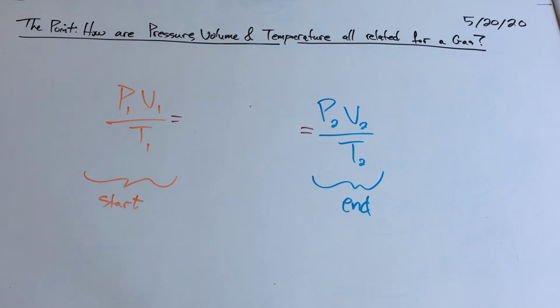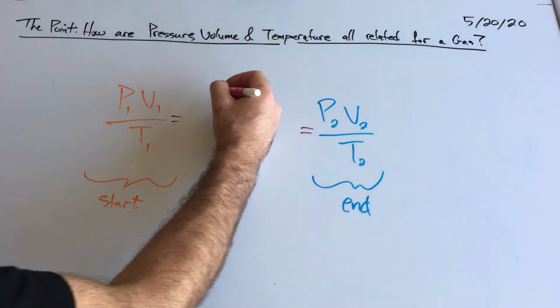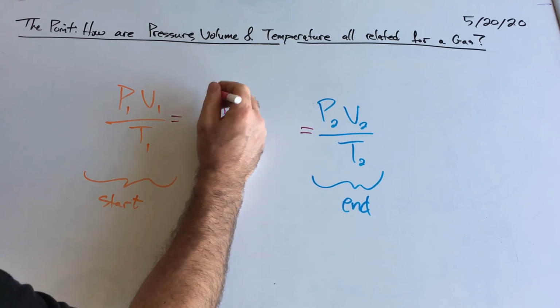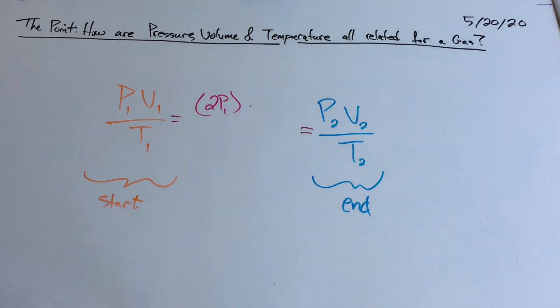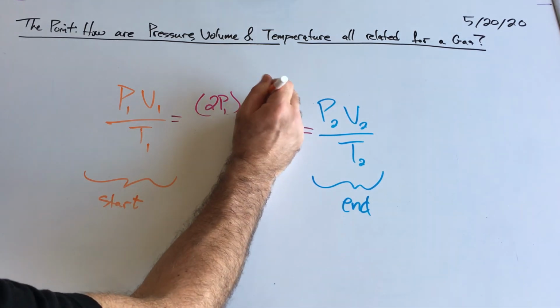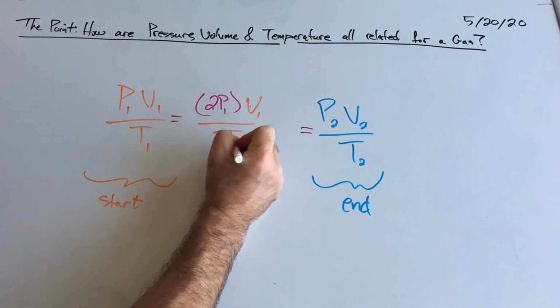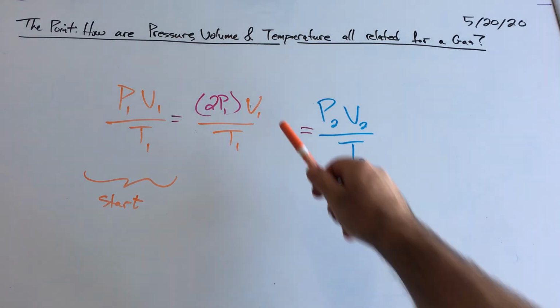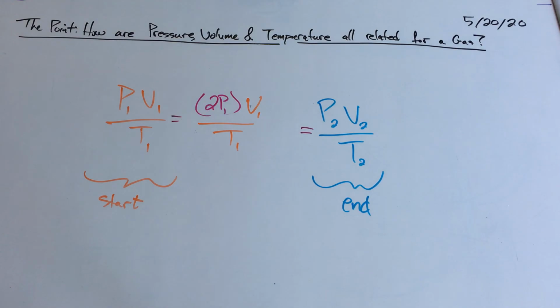So let's start, I don't know, we'll say double the pressure, right? Okay, so what if the pressure doubles? So I'm mucking with just the pressure. But I'm not going to change the volume or the temperature. I'm just mucking with the pressure. Now I'd like to know